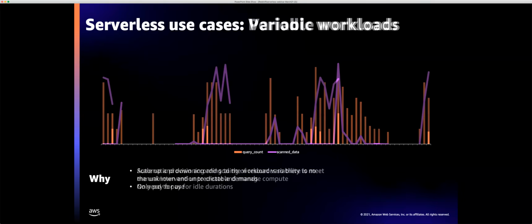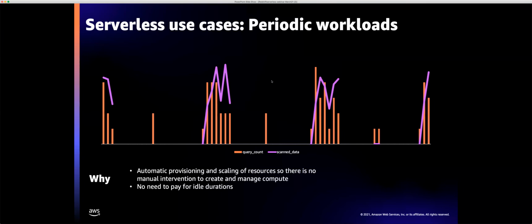There might be periodicity, where at 9 a.m. everybody logs on, and that's when you want to benefit from instant scale out without having to do it manually. This would be another use case for serverless.